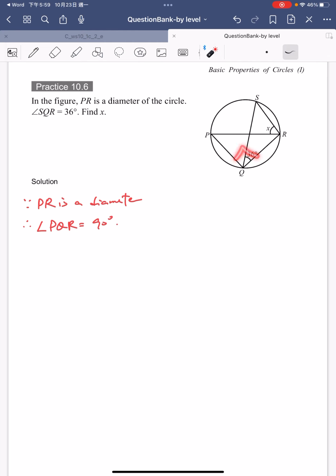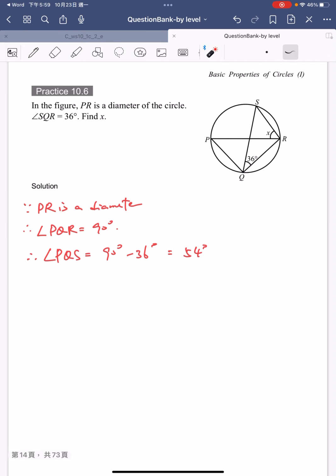If the whole thing is 90 degrees, it means the PQS is going to be 90 minus 36. So we have the angle PQS is equal to 90 degrees minus 36 degrees, which is equal to 54 degrees. The reason why this is 90 degrees is that we're using the theorem of angle in the semicircle. So now we get this angle is 54 degrees. So we can write it down. This angle 54 is subtended by this arc PS. So X is subtended by this PS as well. So we can say that X is actually just